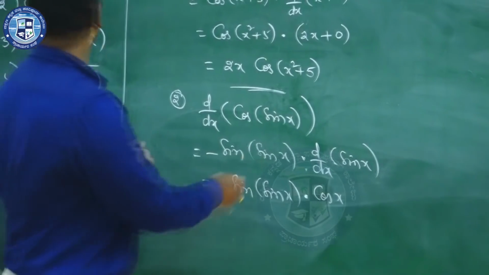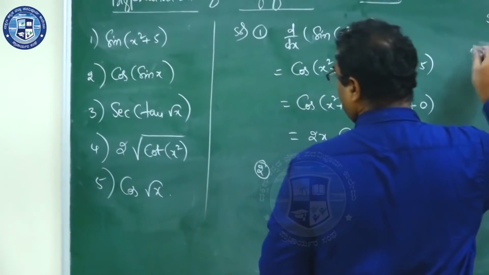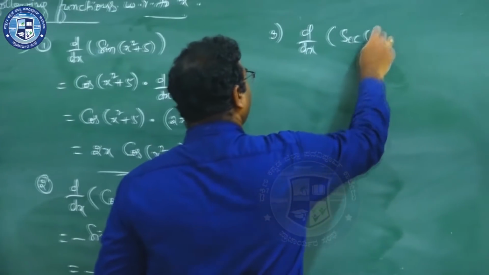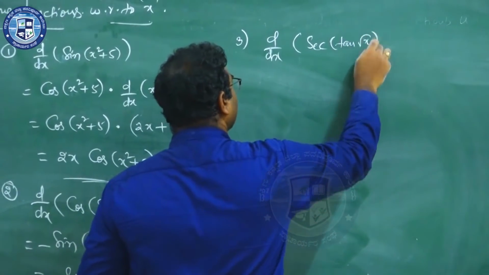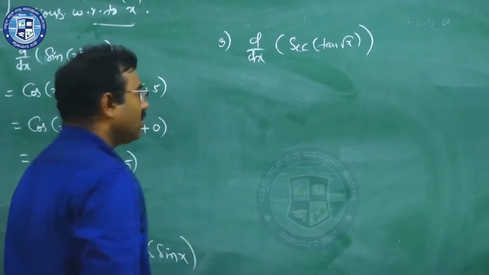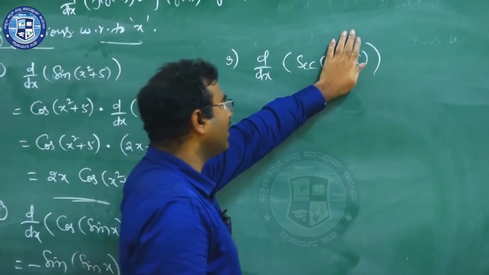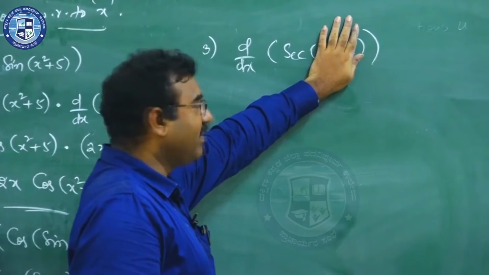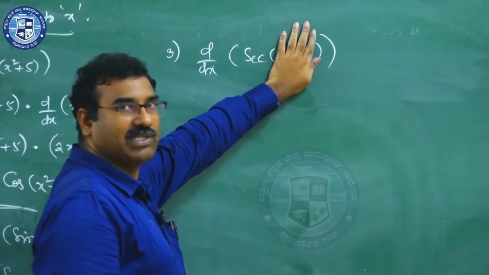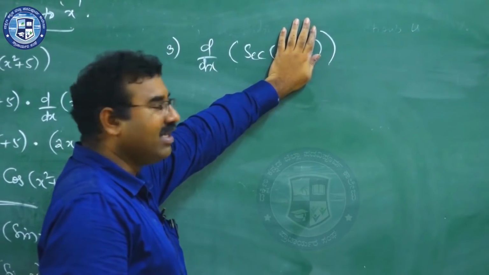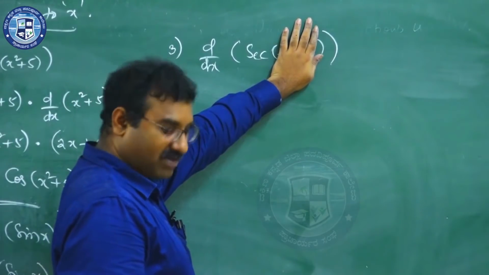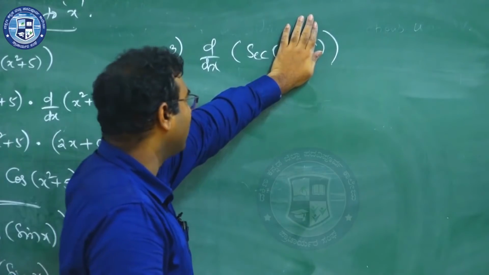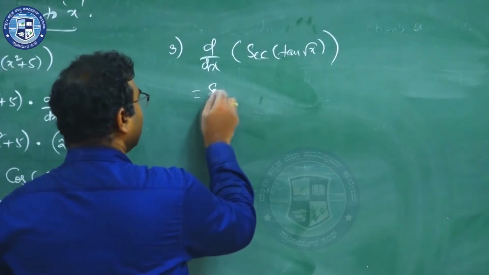If you see the third problem, secant tan root x. So, whatever may be, let it be inside, whatever it is present here. I just assume like x, because I know the formula, d by dx of secant x. What is d by dx of secant x? D by dx of secant x is secant x into tan x. Whatever you are assuming this is x, you need to differentiate it. That is it. So, d by dx of secant x is secant x